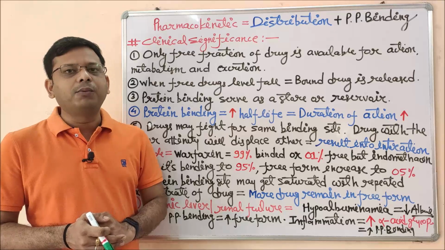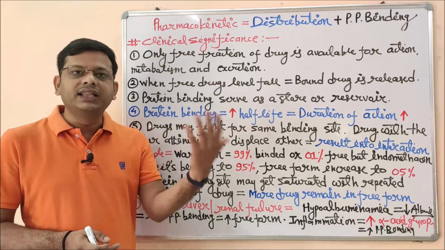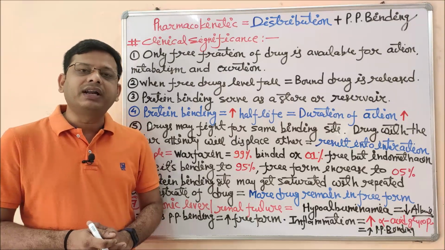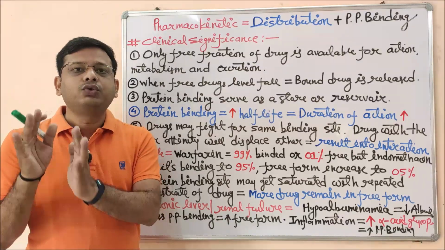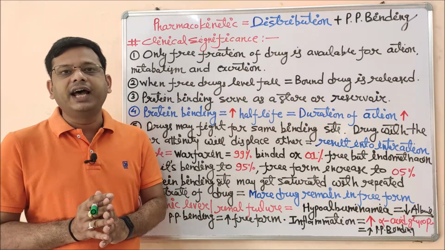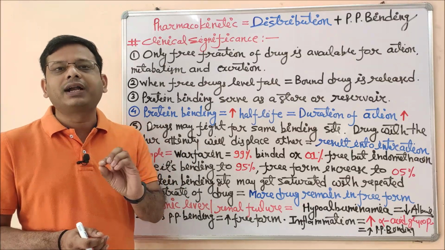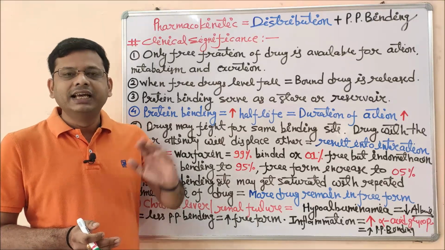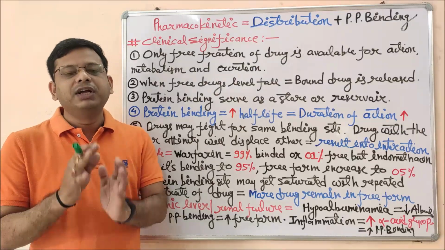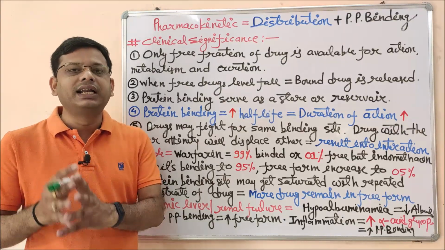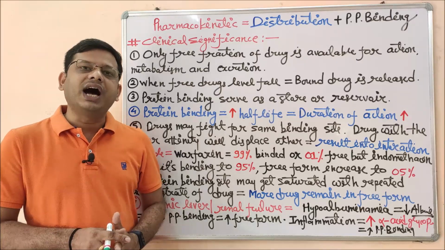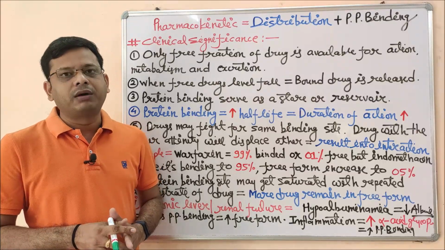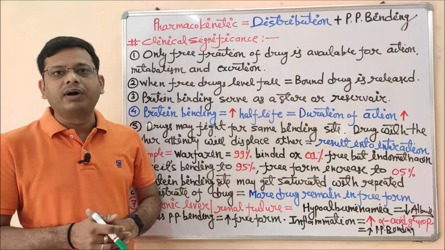So whenever we take any drug via any route of administration, either oral or parenteral, the drug will be absorbed into the systemic circulation. But after absorption, the drug should be available throughout the tissues in our body, and for that the drug should distribute equally. And this factor, that means the plasma protein binding factor, can affect that distribution process. If the drug is acidic, the drug will bind to the albumin protein. If the drug is basic, the drug will bind to the alpha acid glycoprotein. But only those drugs which are free, which are not bound to either the acidic or basic plasma protein, will produce their pharmacological action, and this is the first point of our presentation.